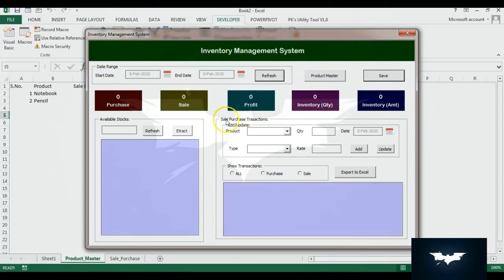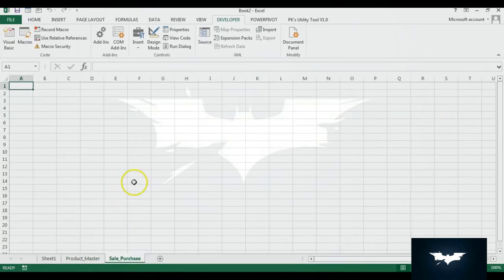So first we will start coding on sale purchase transactions. Once data is available there, then we can calculate the available stocks, and we can calculate other things also. Let's go to the sale purchase table first. This is our sale purchase table. So here first we will take serial number or the ID column, then we will take product, then we will take the transaction type, or you can take only type, which is sale or purchase.